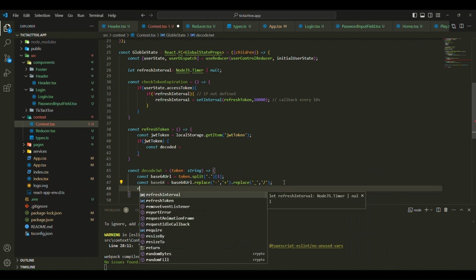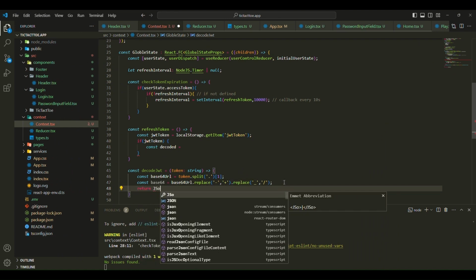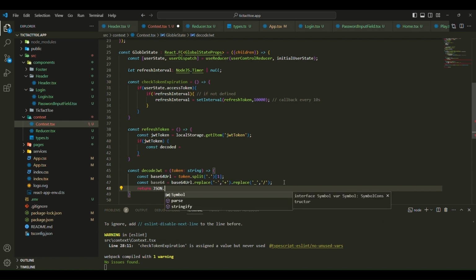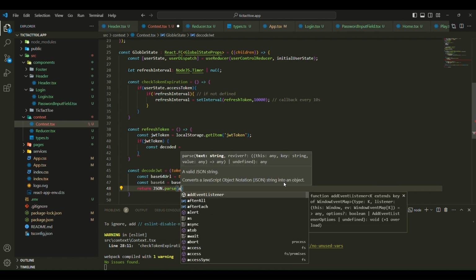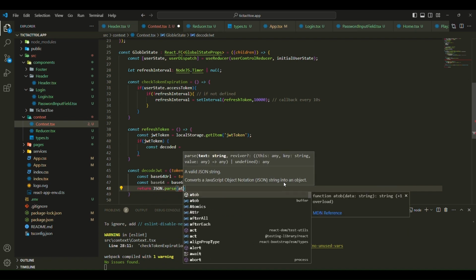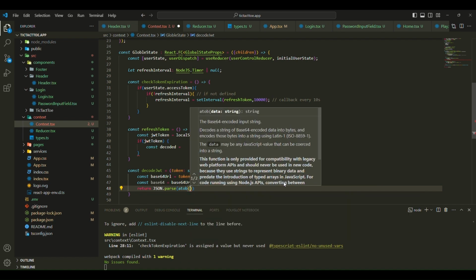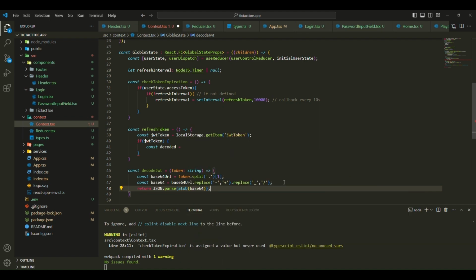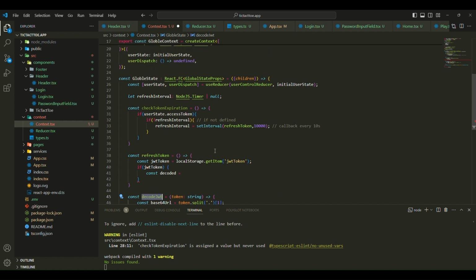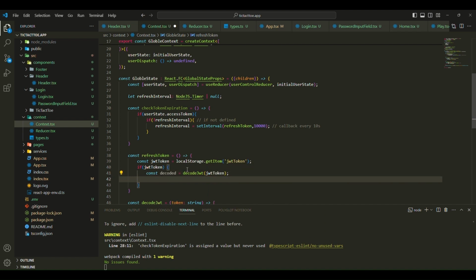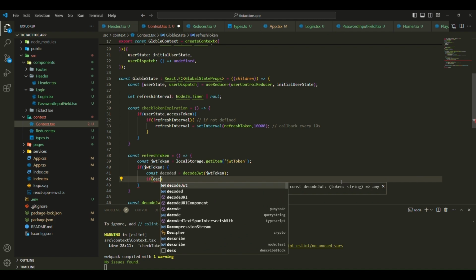Finally, we decode the base64 string. The atob function decodes a base64 encoded string, converting it back into a JSON string. Then, JSON.parse parses this JSON string into a JavaScript object, which we return from the function. The decoded token is stored in the decoded variable, which contains the token's payload, including the